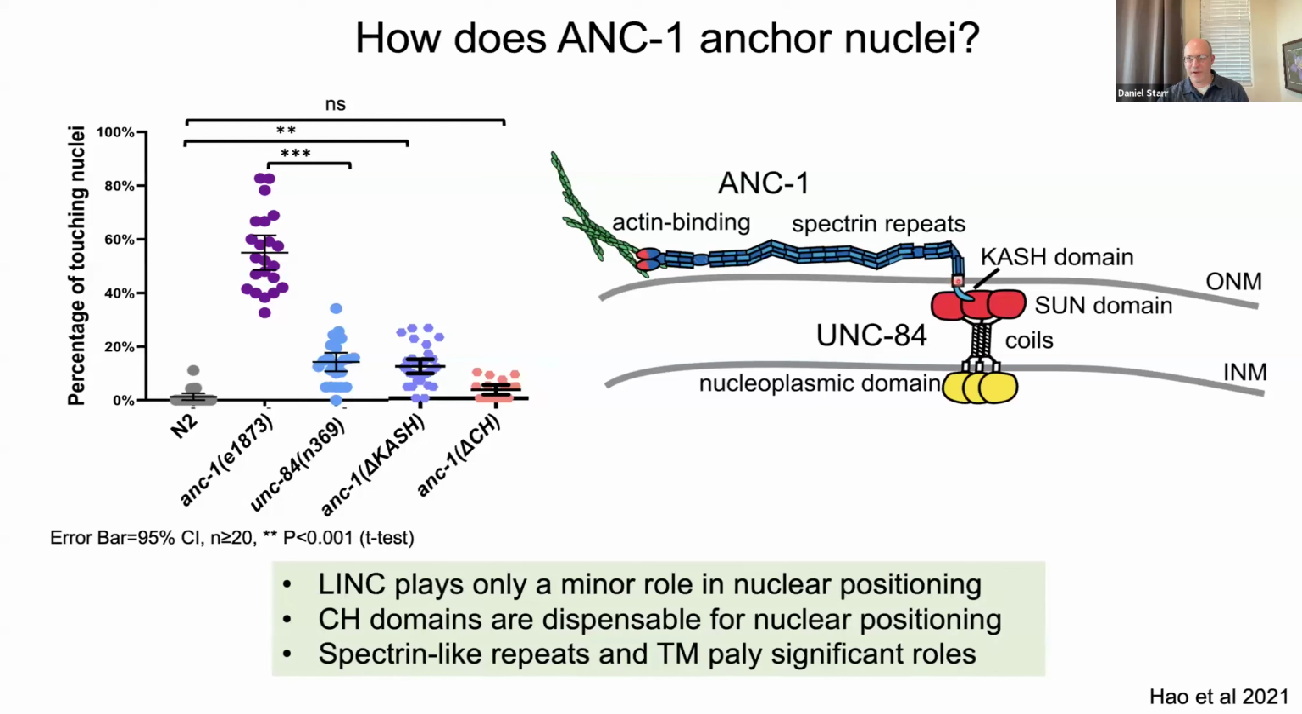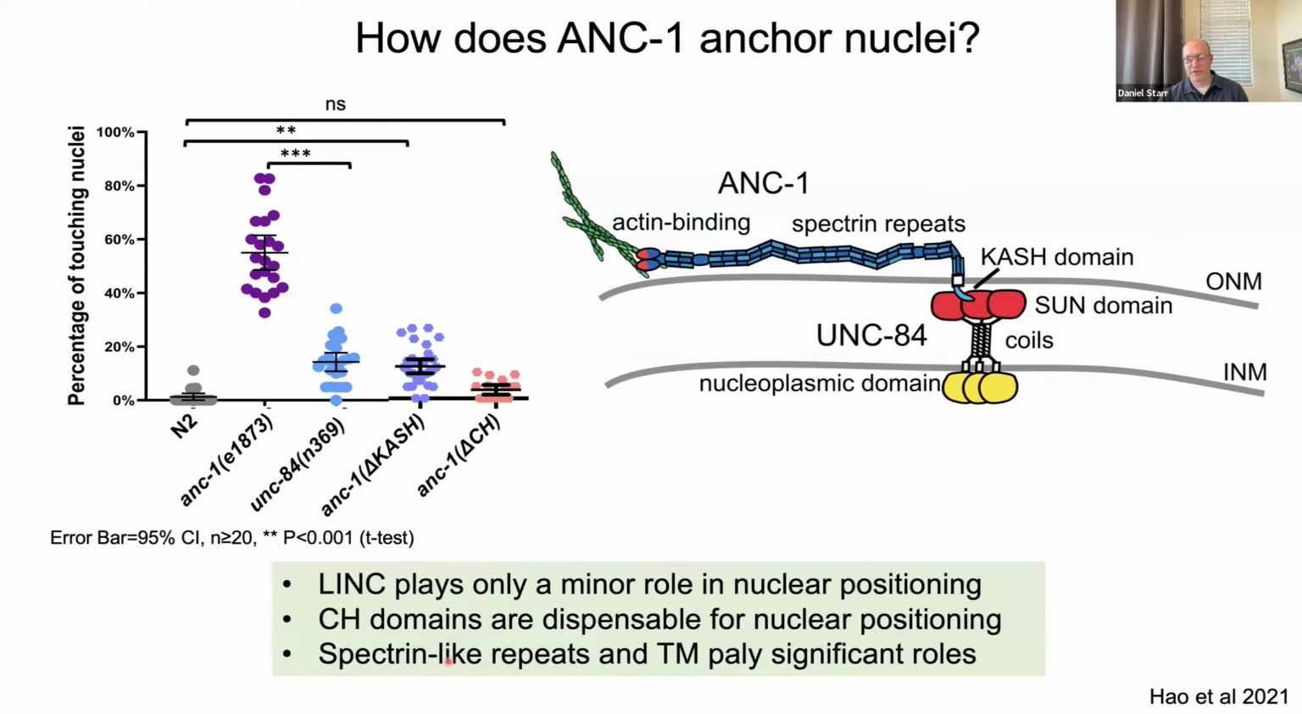We found out that the transmembrane domain was very important for this process. This is all published, so I'm going very fast. The transmembrane domain is important for this process, and large stretches of the spectrin repeats were important. So just to conclude from this published research, the CH domains are dispensable, and the LINC complex plays only a minor role in nuclear positioning, and this transmembrane domain is important, and so are these spectrin-like repeats. So we started to think,